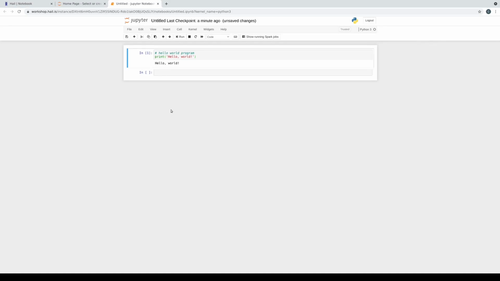To go back to edit mode, you just hit enter, or you can click on a cell. Maybe we didn't want the comma, and then Shift-Enter reruns the cell. So just a reminder, it's escape to go to navigation mode, it's enter or click to go to edit mode, and Shift-Enter to evaluate a cell.